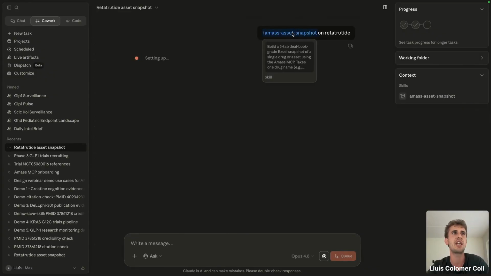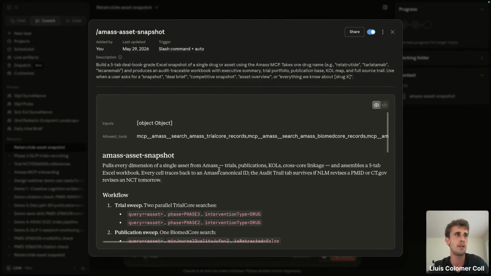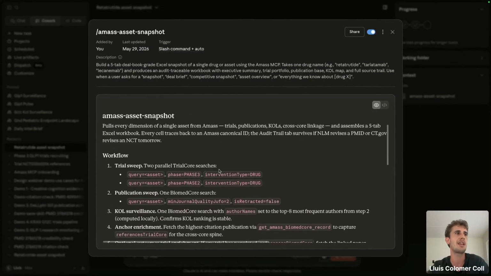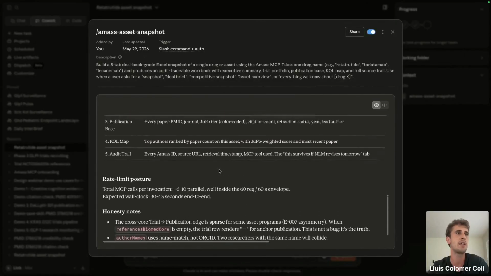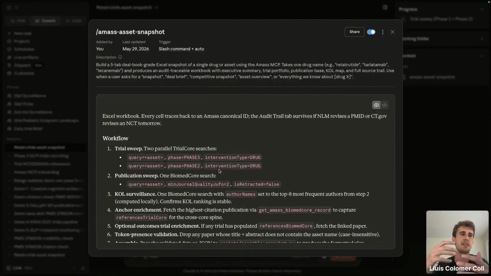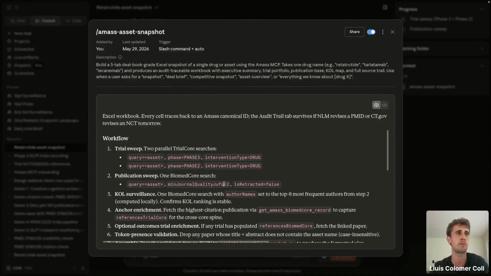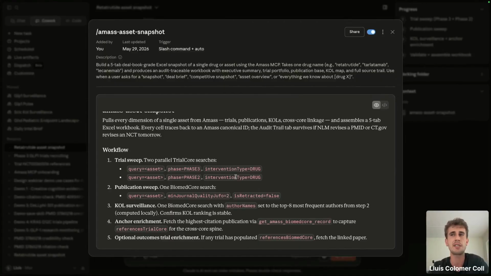Basically, what the skill has is a set of instructions in a markdown file, which contains all this text. And as Alex clearly explained, this gives you as much freedom as you want on which instructions you specify in that skill, and how complex, detailed, and exhaustive you want it to be. A similarity with this, if you've been using Amass in the past, is what we tried to do